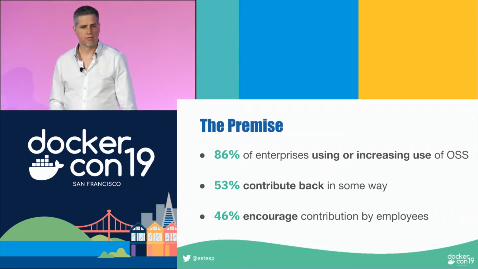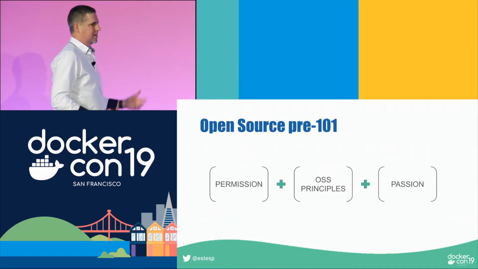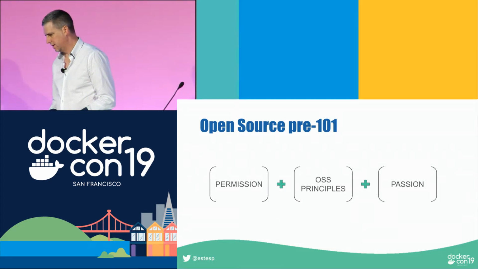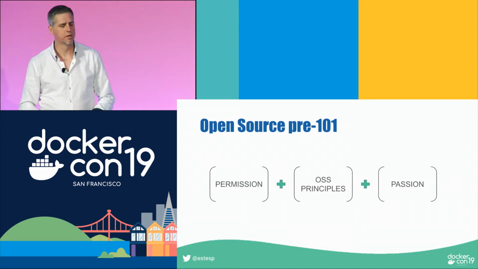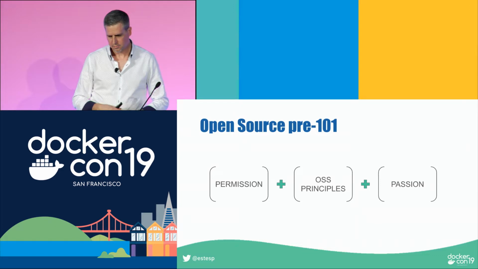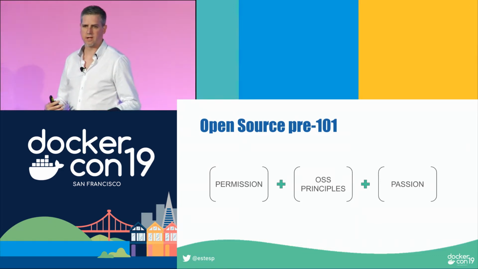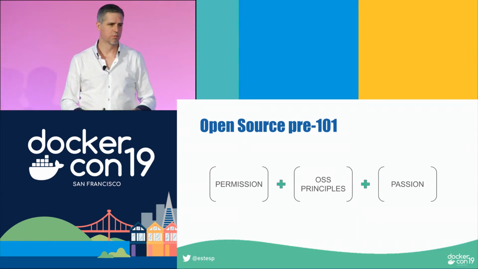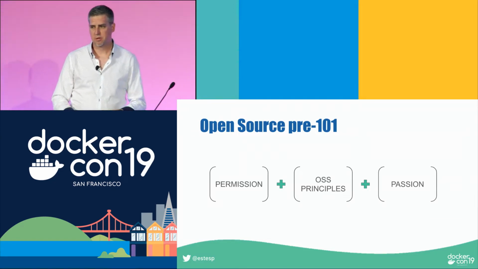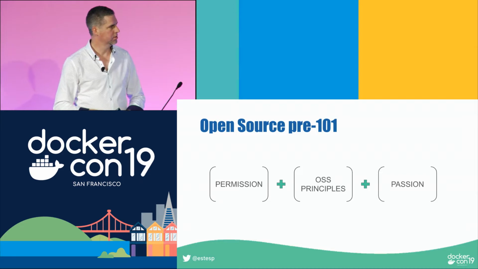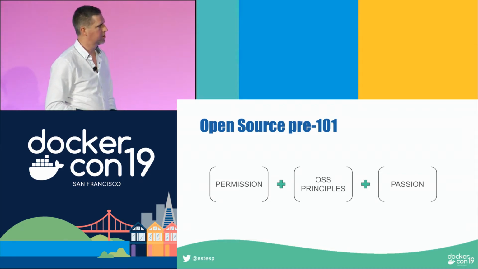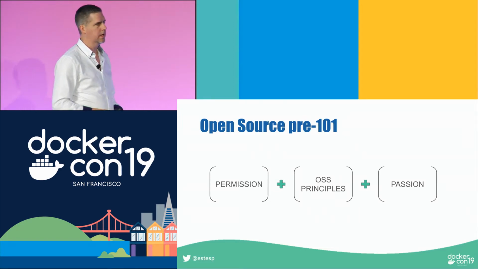And so hopefully if you're here, this is kind of my pre-101, what has to happen to even get to that gate of starting to get involved in open source. One, I'm going to be very clear that I can't give you permission to work on open source software. Obviously, if you're an independent developer, if you're a student, that's up to you. But if you are employed and receive a paycheck from an employer, then you will most likely have to get